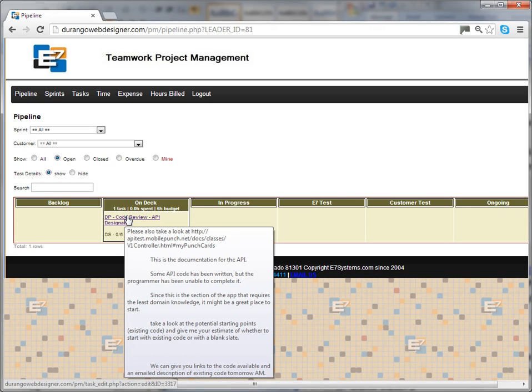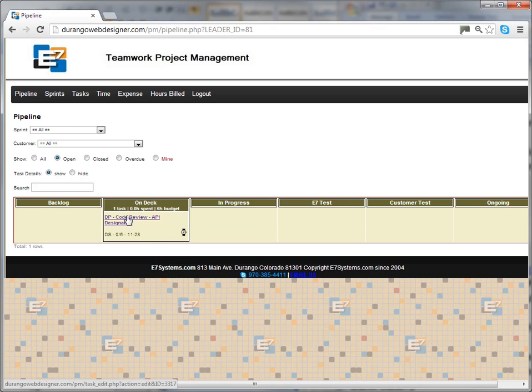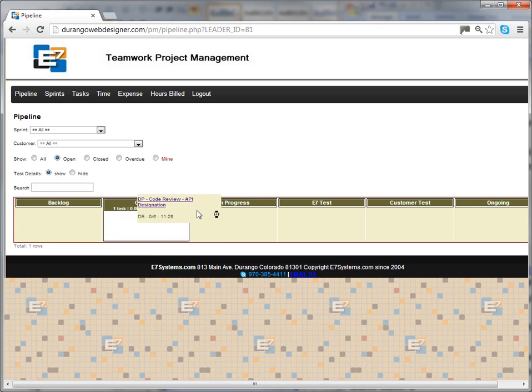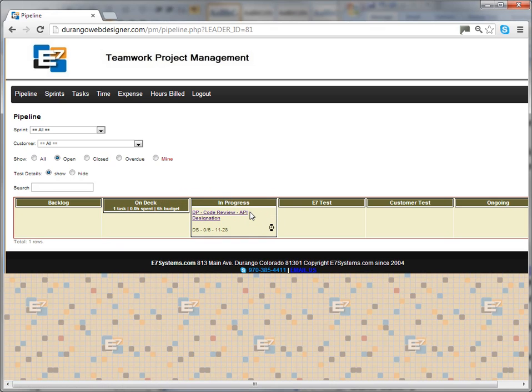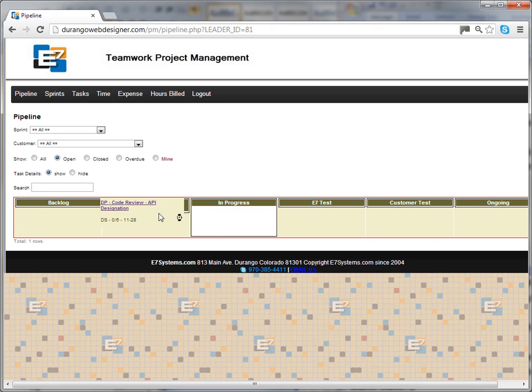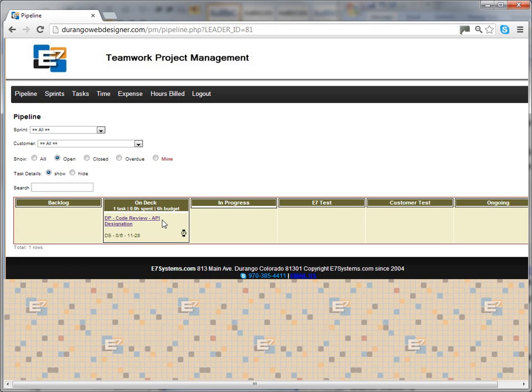If we mouse over the task link, we can get a peek into the task itself, its description, without having to open it. We can also move things around easily enough by dragging and dropping them. Right now, the task is on deck because Don hasn't actually committed to doing this task. So somewhere in between backlog and on deck, no task should sit in on deck for very long. Those are the tasks that we know are in this sprint, but people haven't started working on or haven't committed